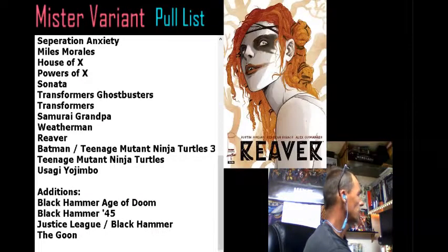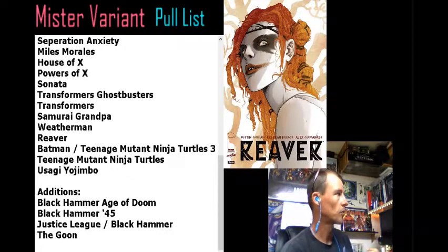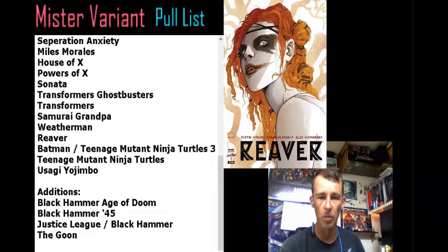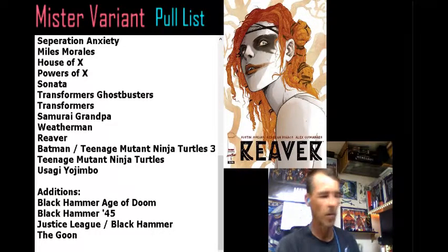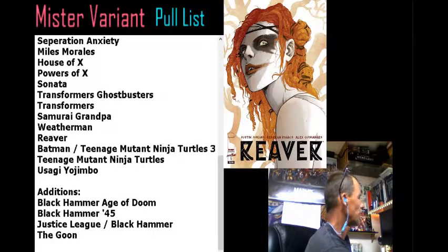I added Reaver to my pull list like 3 weeks ago. As soon as I saw this picture, I didn't get it. I'm not sure how long it takes. Like I said, I think it takes like a month before you can get the book that's on your list. And I'm not so far advanced on seeing what's coming out at the moment. I'm starting to get better at it. But either way, I'll probably end up having to eBay this. But it's on my pull list now, so I'll get issue 2 for sure. And then